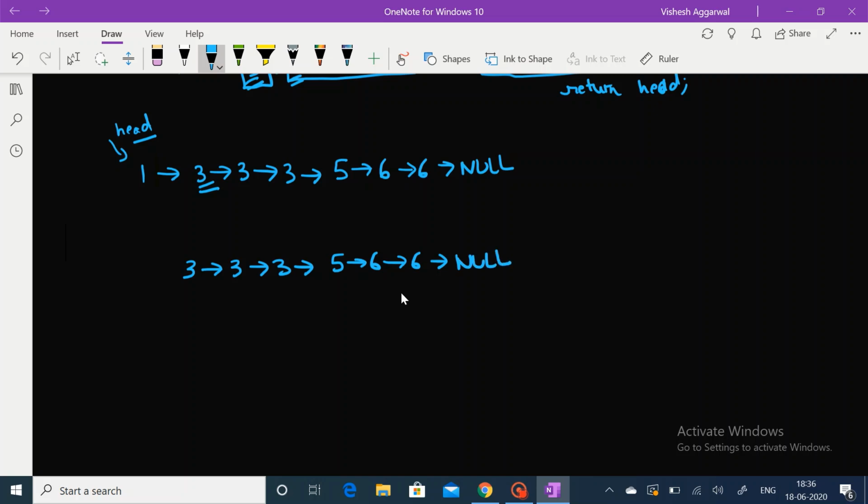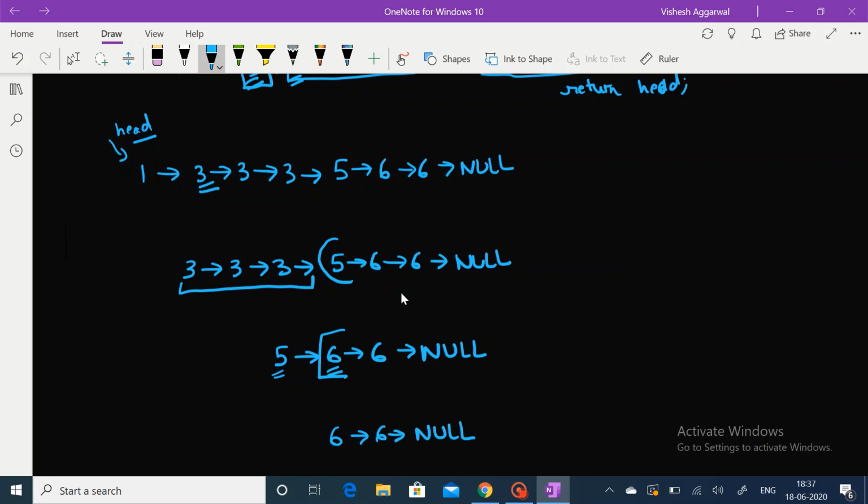Here we see that head value is same as the next value, so we will find all those nodes which are the same value and call the recursive function from the unequal node. So in the next recursive call, the linked list which we get is this. Here we see that the head value is different from the next value, so we will call the recursion from here, 6, 6, null.